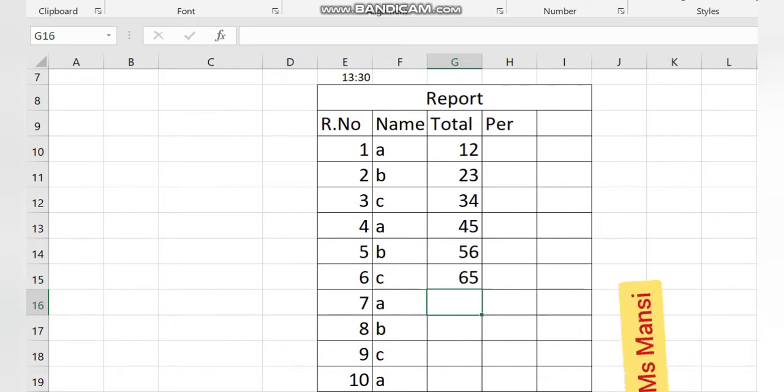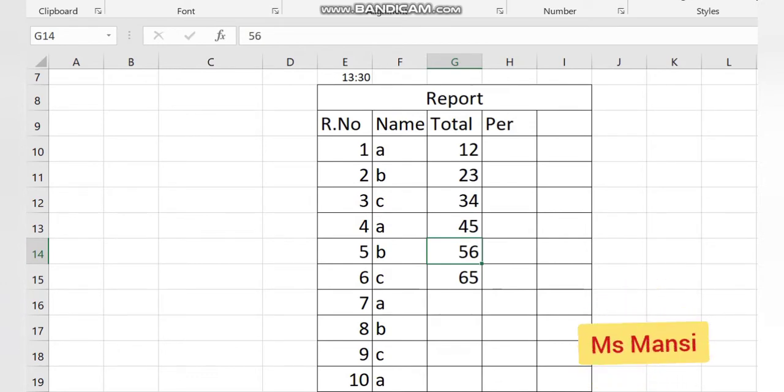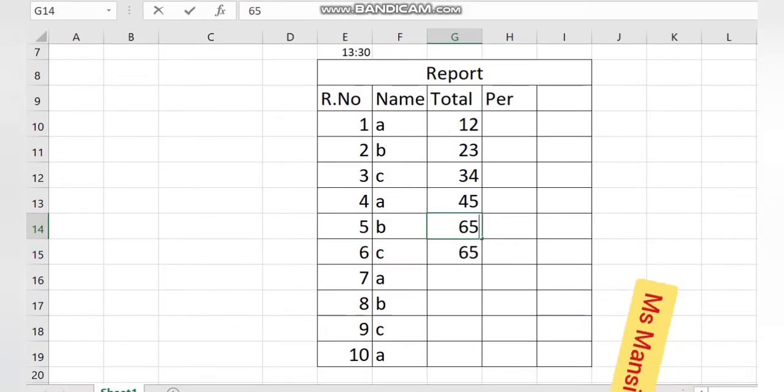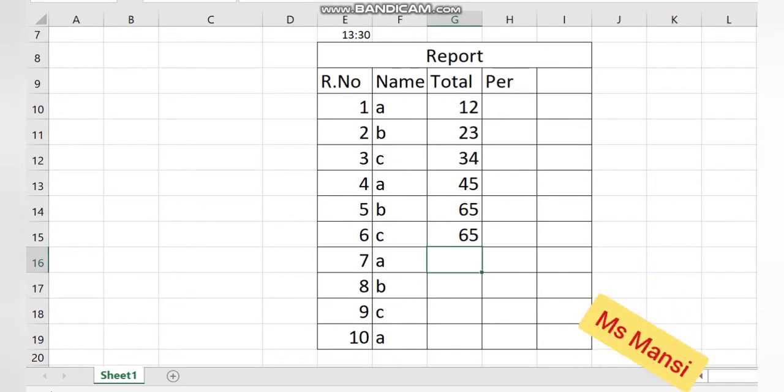Okay, now I want to change 56 to 65. So how will I change it? Firstly put the cursor on the cell. Now your cell is active. Now you will change the value this way, so it will overtype. Next is using edit mode. If you want to edit using edit mode, simply click on the cell. Here a cursor will come. Look here, this means your cell is active and it is in edit mode.